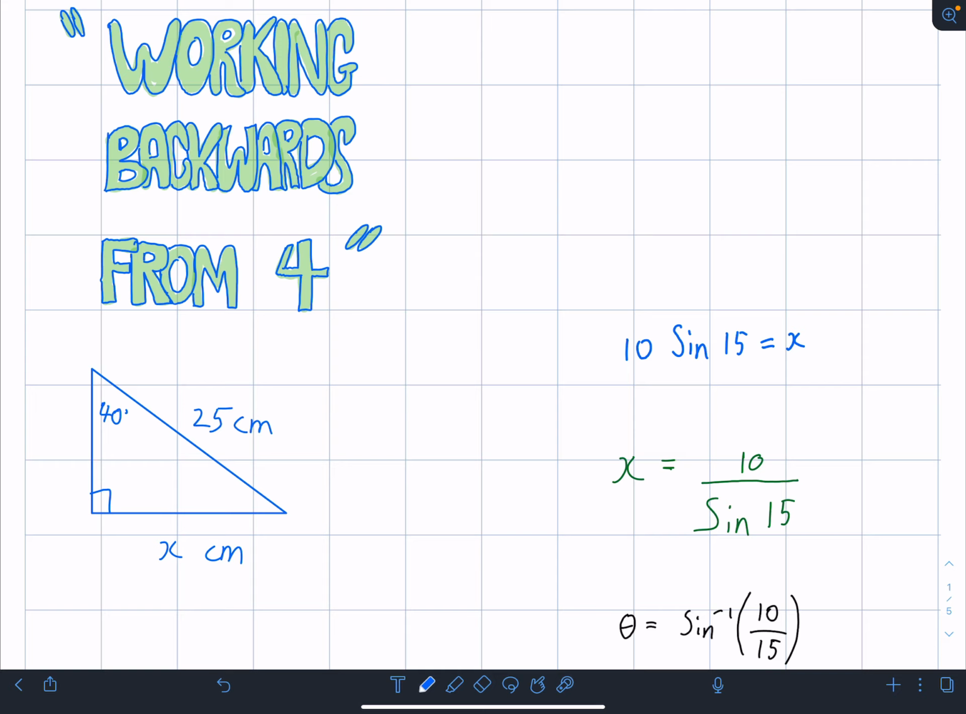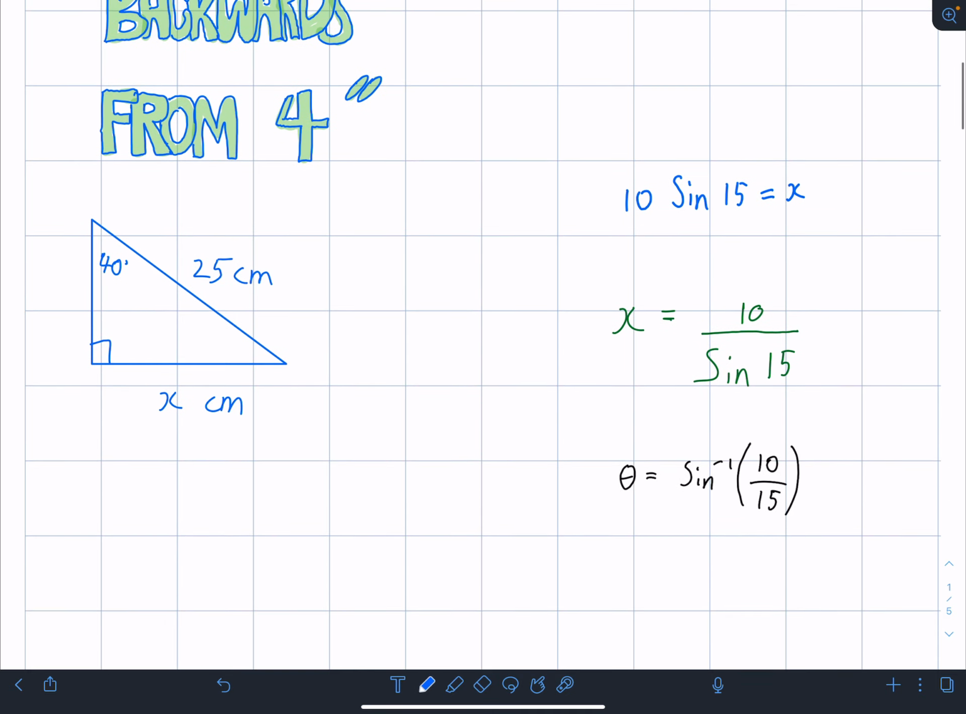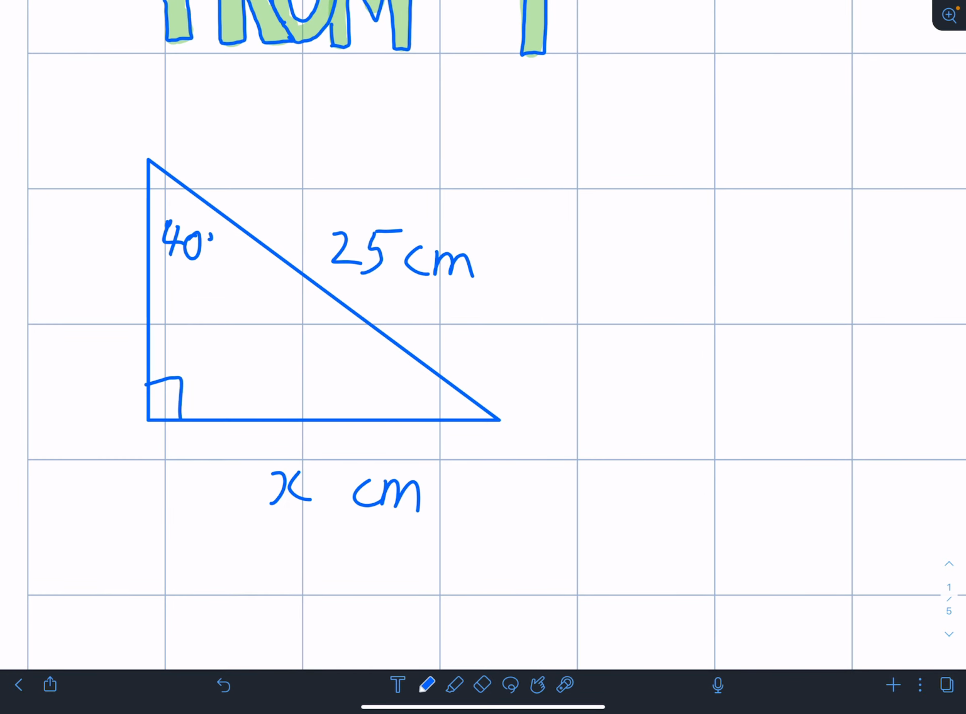In this video, I'll show you how to do working backwards from 4 for the 3 questions on the right. And working backwards from 4 involves starting at step 4 and working back to step 3, 2 and 1 in solving a trigonometry question. So before we do the 3 questions for working backwards from 4, we'll actually identify what